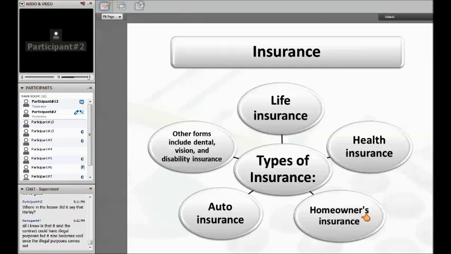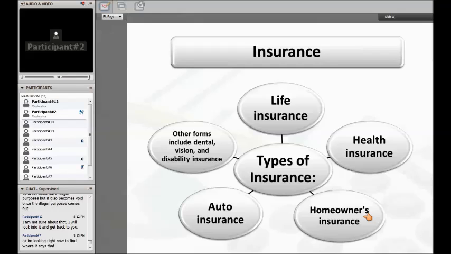We also have homeowners insurance. Homeowners insurance will cover your home and everything in it. You have to be sure that you know what it covers. A lot of times you'll have to have a rider for something different like, say, floods. It might not cover floods. So homeowners insurance will protect you in case of an accident with your house, or if you burn down, or there were a tornado, or something like that. Then you have